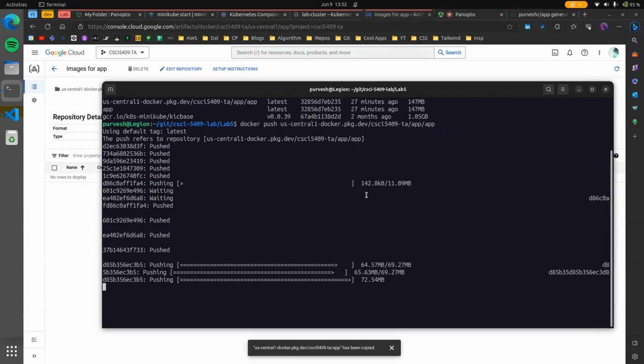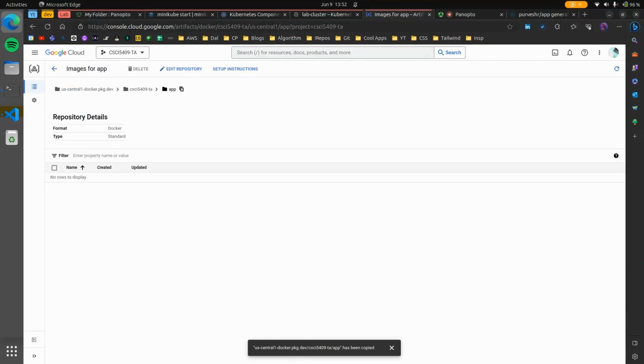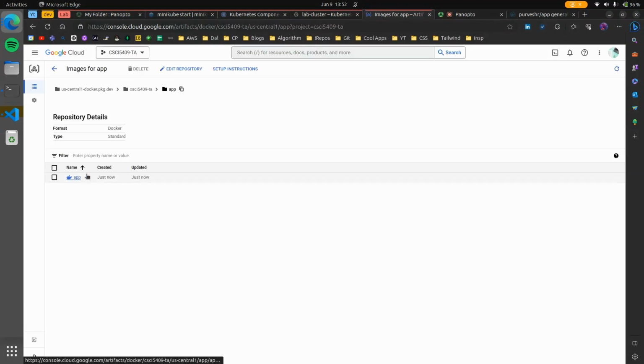It is really easy to use Artifact Registry. You just need to do the authentication locally, and just like that, you can create the image, tag the image, and then push it, and it is pushed. So if I refresh this page, I should see an image. Okay, so here it is. So this image is deployed on Artifact Registry,